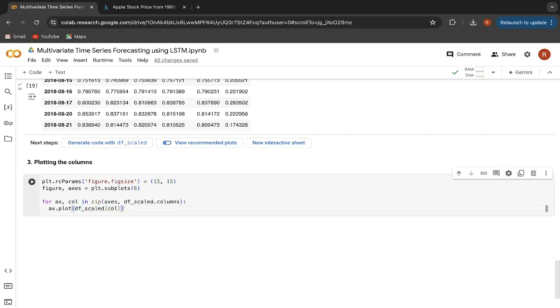After that, we also have to give some title to that plot. So let me say here x dot set title. Now whatever the column name we have, the same column name we will give as a title. So let me say here column name, and then we don't want any x-axis or y-axis. So actually we want y-axis, but we don't want any x-axis. So I will just switch off the x-axis here. So let me say x dot axis dot x-axis dot set visible, and here I will just say false. Fine. Let's run that.